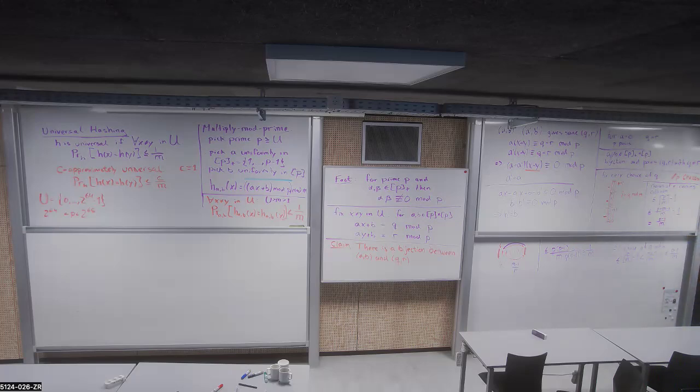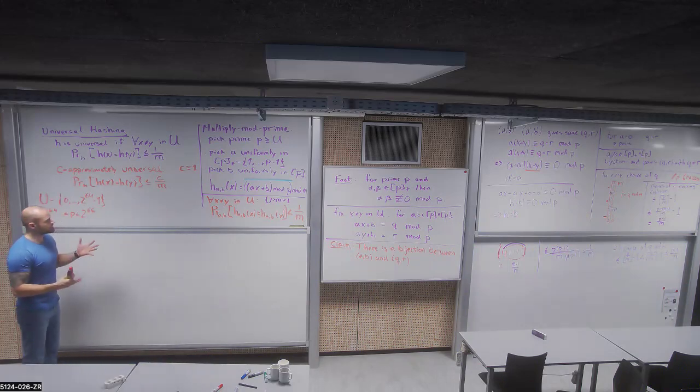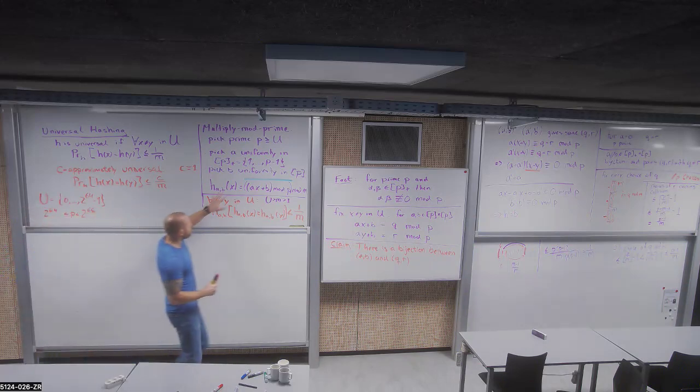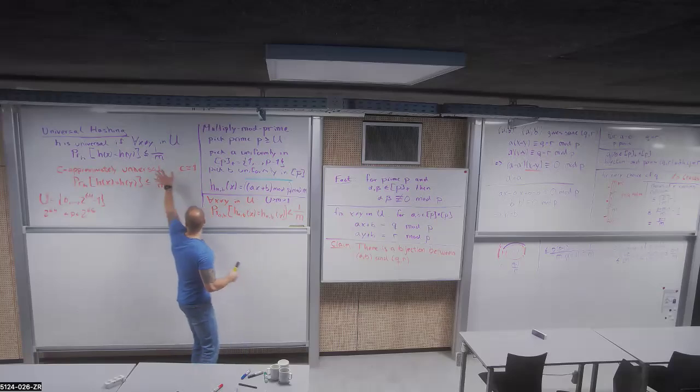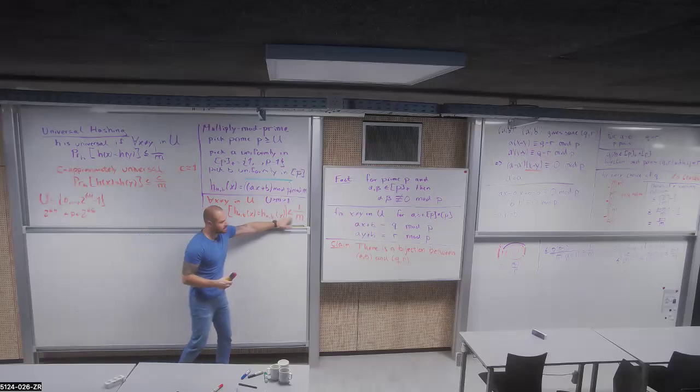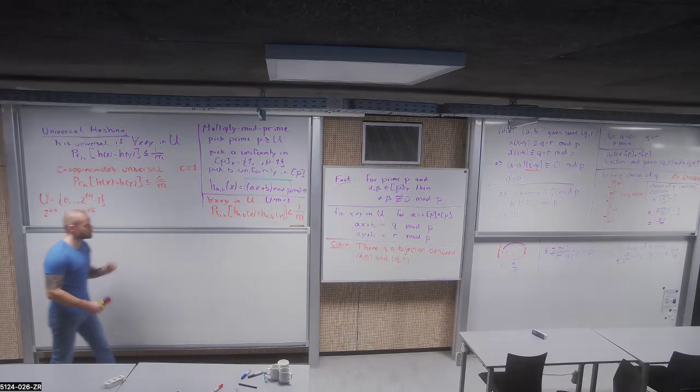So this is just to handle this last case and show you can actually prove the collision probability is strictly less than 1 over M. So this shows that for this multiply-mod-prime hash, you can actually show that it has this universal property even with a strict inequality. Nice. So I think maybe this is a good time to